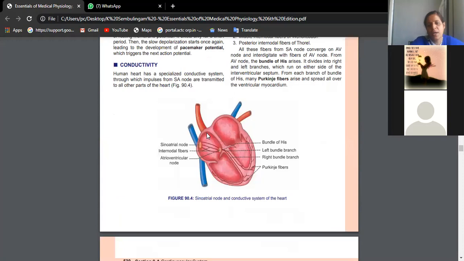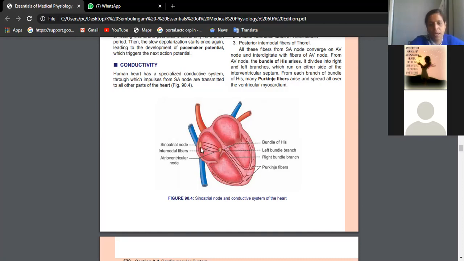Okay, so this is our conduction system of the heart. Ritika, this is the pacemaker of the heart, the place where the heartbeat is generated, that is the SA node. From the SA node, the information goes to the AV node. From the AV node, it goes to the bundle of His, then the right bundle branch and left bundle branch, then all these are Purkinje fibers. The information goes gradually from one place and reaches each of the ventricular and atrial muscular fibers for the heartbeat to generate, initiate and to pump.